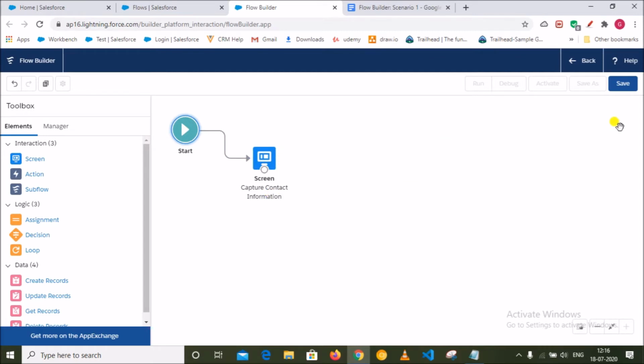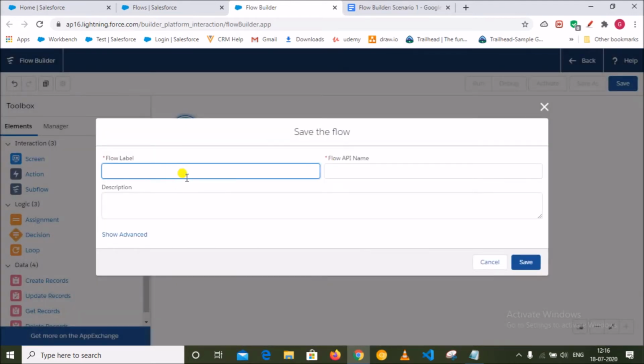Okay, so let's save this first. Let's see what happens if we run this. Let's save this and give some flow label name. So let's say I will give some name like contact capture screen. User contact capture screen. Okay, just save it.